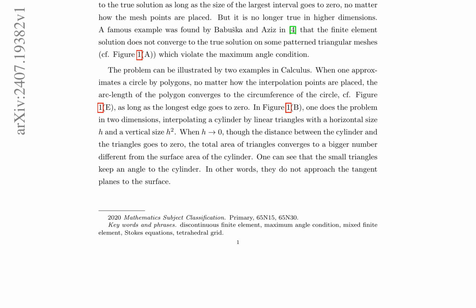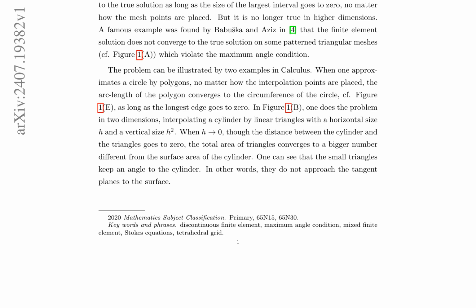They present the 2020 mathematics subject classification as primary, 65N15, 65N30, and list key words and phrases such as discontinuous finite element, maximum angle condition, mixed finite element, Stokes equations, and tetrahedral grid. The paper also includes numerical tests that confirm the theoretical findings. In conclusion, this paper presents a novel approach to finite element methods using the WG method, which can achieve convergence on arbitrary meshes, including those violating the maximum angle condition. This research contributes significantly to the field of numerical analysis and has implications for various applications in engineering, physics, and